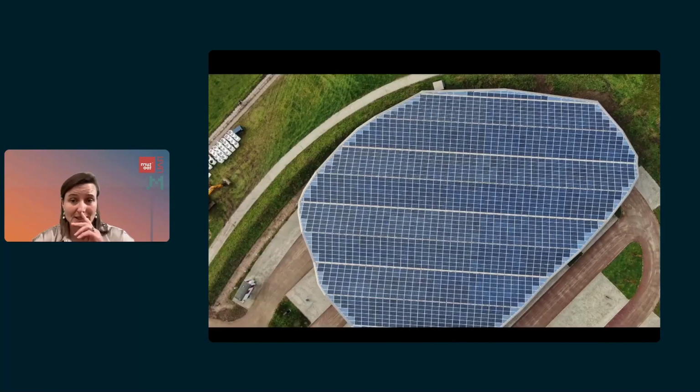Of course, it's also an energy neutral building, and partly we get the energy from a large solar roof on the parking lot, which was the first bi-directional charging station in the Netherlands. So underneath you could charge electric cars, and everything you would not need would be exchanged with the building, and vice versa.